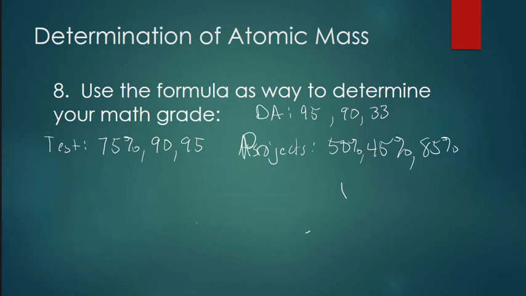All right, this is chemistry, which means you should have calculators out. So if you don't, you need to have your calculator out. All right, so how does Mr. Green do it? I'm totally making this up, but he feels that the test should be 50% of his grade, and the project should be 40% of his grade, and the daily assignment should be 10% of his grade. So let's determine